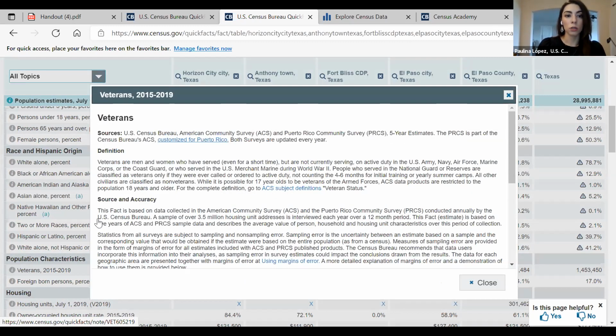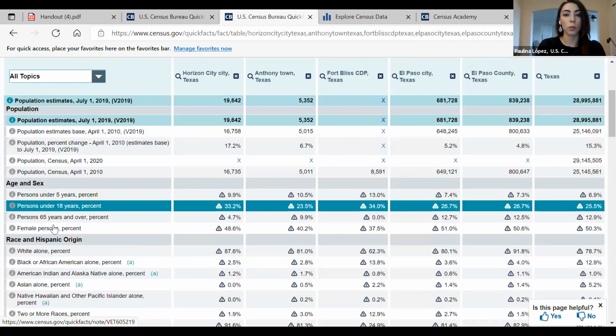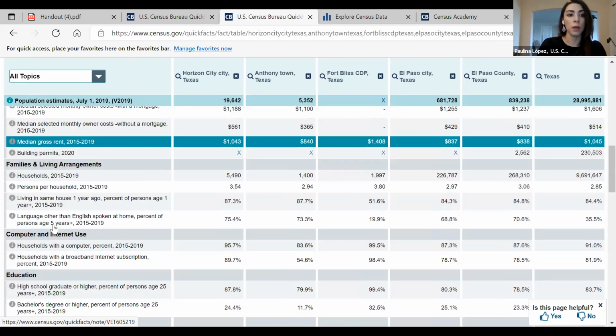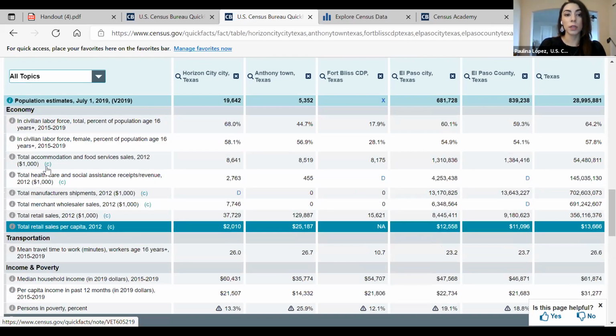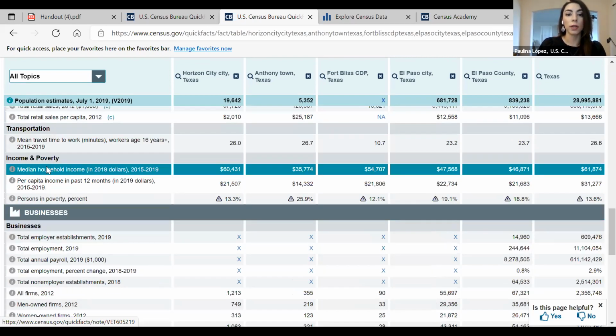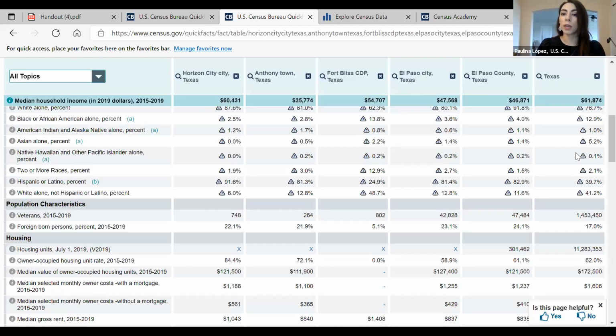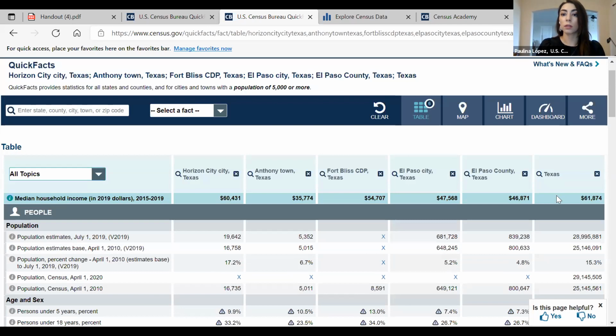But QuickFacts also allows you, if you're producing tables or producing reports, let's say you're working with median household income, you can go specifically to that term, double click, and it takes it to the very top of my chart. So for easier comparison across the geographies, I can compare the median household income of Texas to El Paso County or Texas to the city or the different municipalities or CDPs in our community.